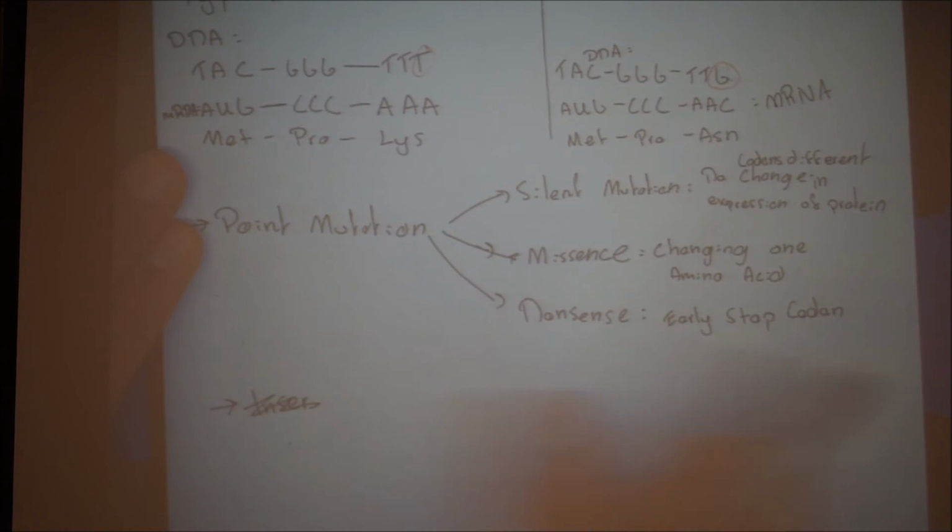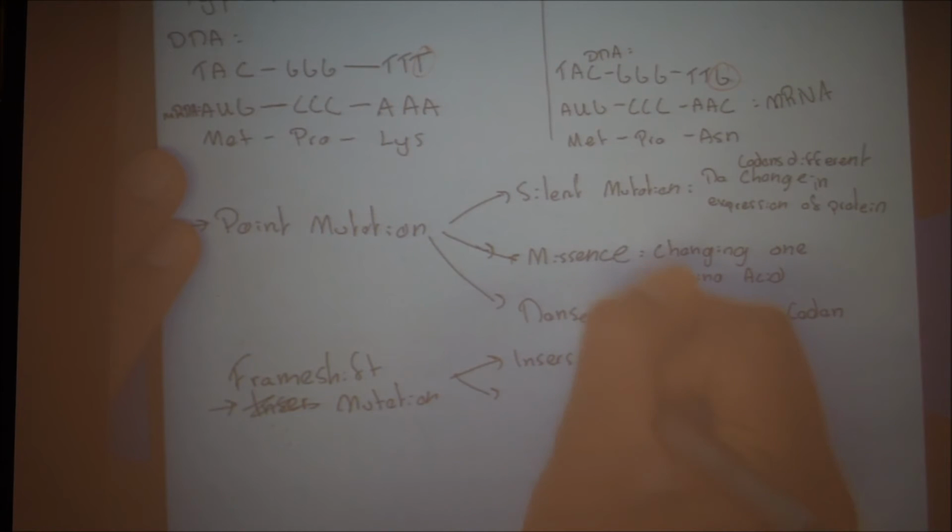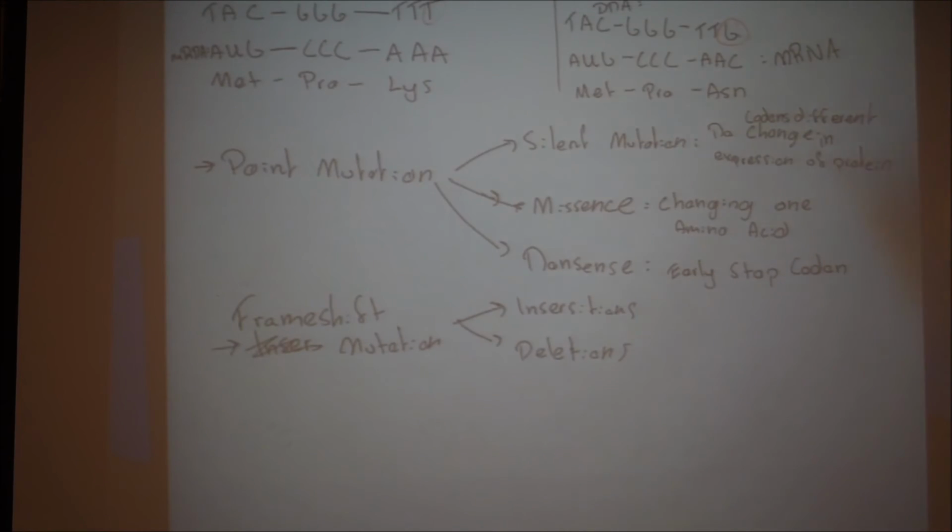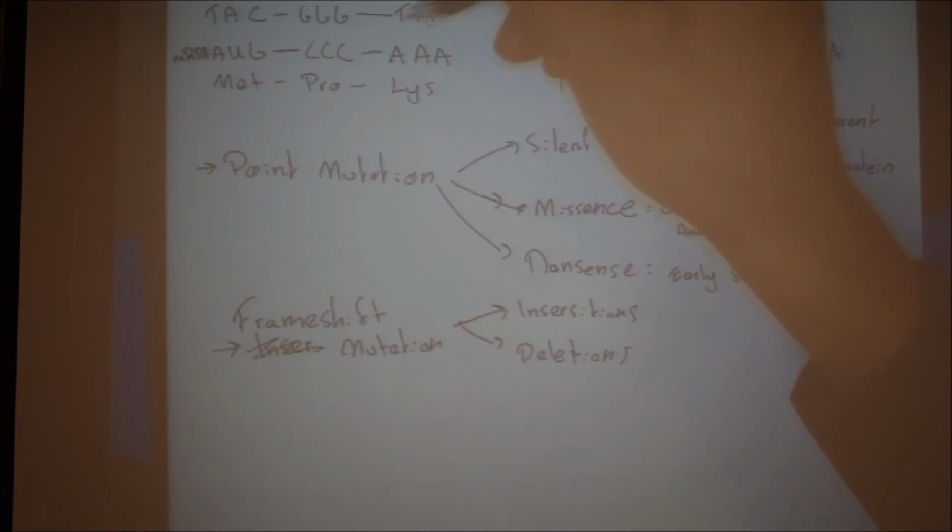Actually, okay, so we're going to take a step back. It's going to be called a frame shift mutation. And what's going on here? The cause of these are going to be insertions or deletions. So when we look back and we see that our original DNA strand was TAC, GGG, TTT, instead